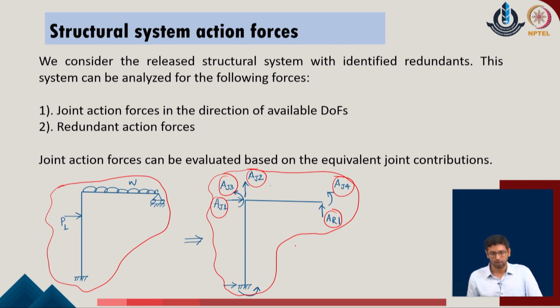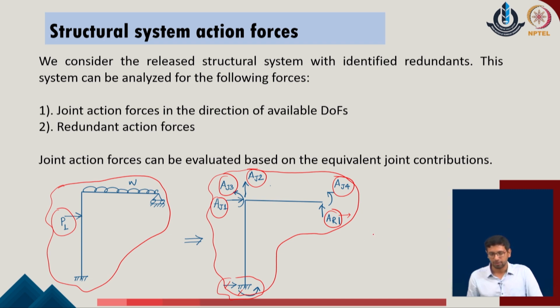Now, if I consider a simple determinate problem of the given member, these are the forces, the joint action forces AJ1 to AJ4 and the redundant AR1, which are primarily responsible for any possible deformations in this given member. We also have a contribution of the load which goes to the respective joints of the given system which are already restrained, and they will become part of the external support reactions of the given system. So, if the system is already restrained with respect to this particular joint, these two forces are not going to make any contribution to the deformation of the given member.